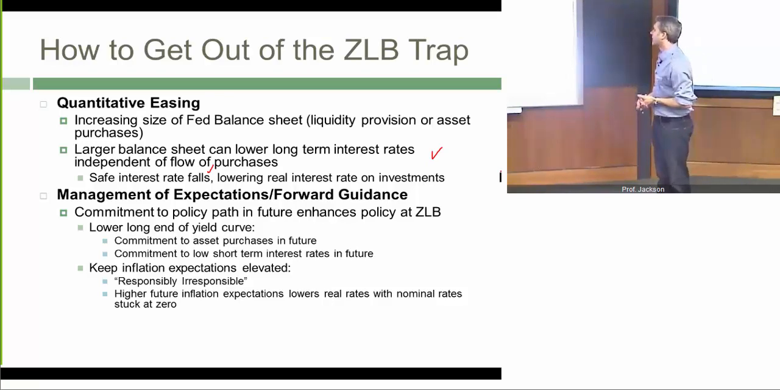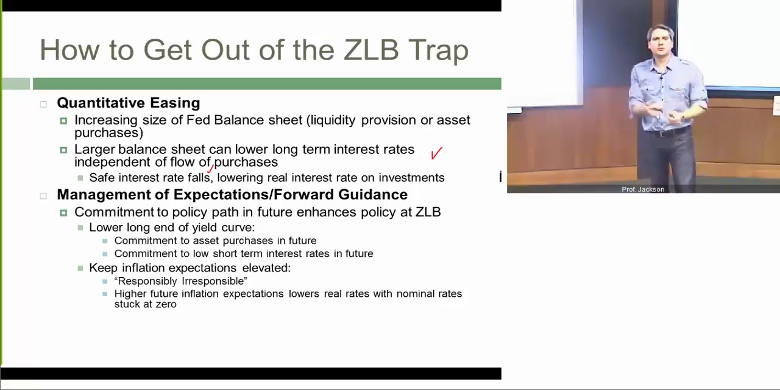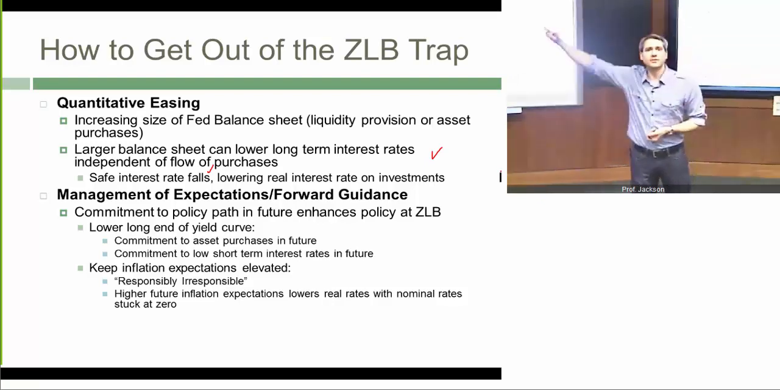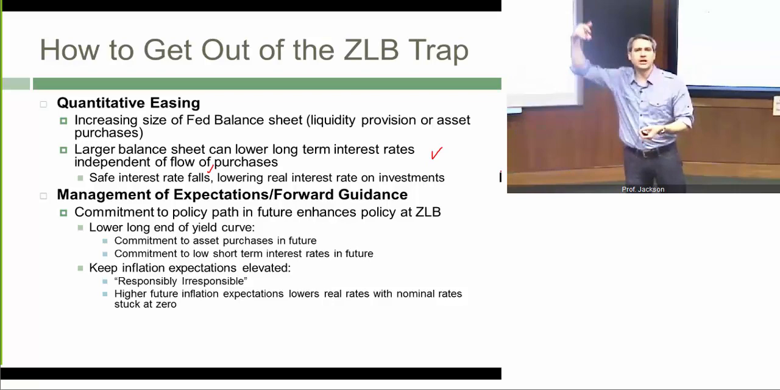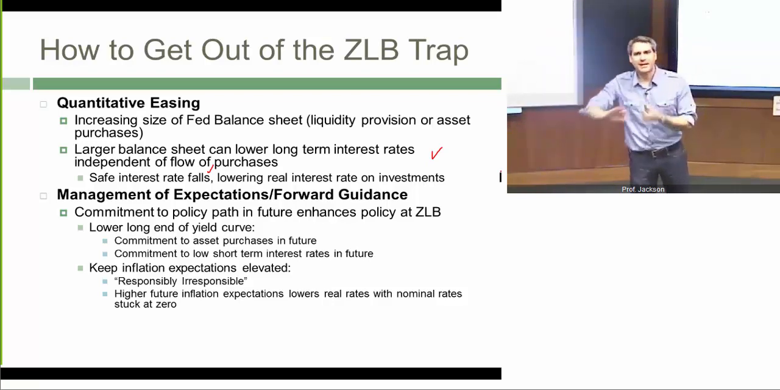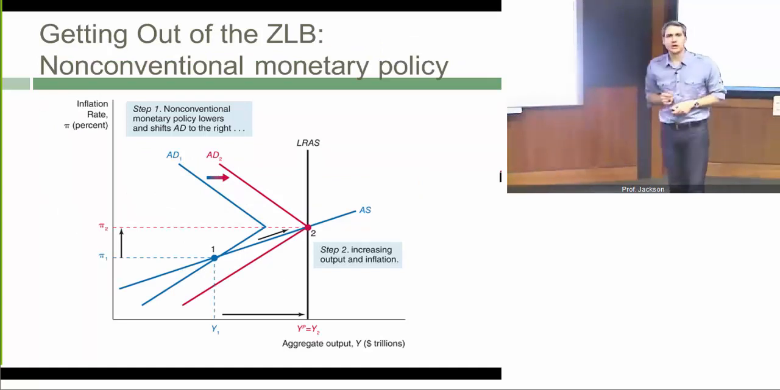And so this is referred to by a famous economist, Lars Svensson, at one point, as being responsibly irresponsible. So at the zero lower bound, one way to lower real interest rates is to increase inflation expectations. With a given nominal interest rate, if inflation expectations rise, that pushes real interest rates lower and pushes back against this zero lower bound problem. And so with higher future inflation, that helps lower real rates with nominal rates stuck at the zero lower